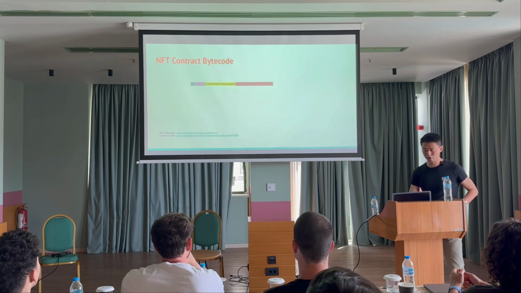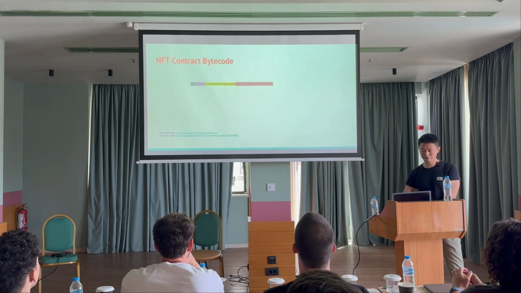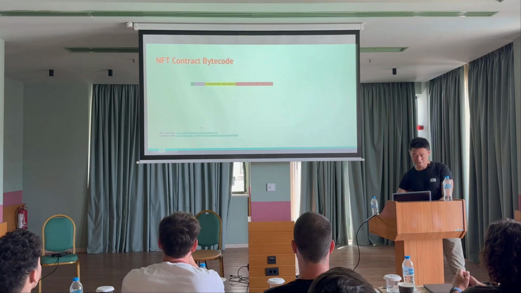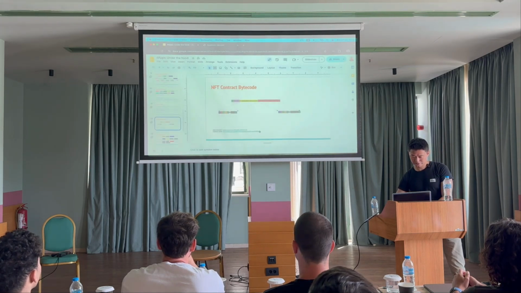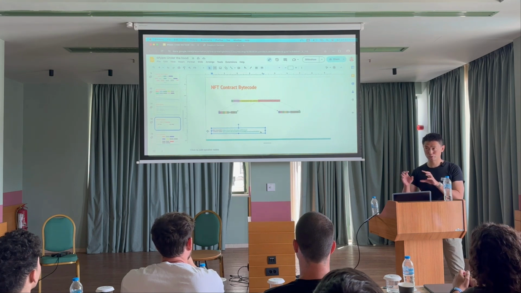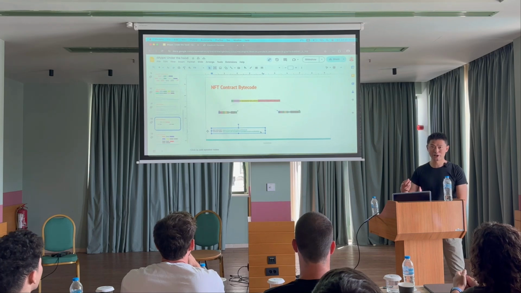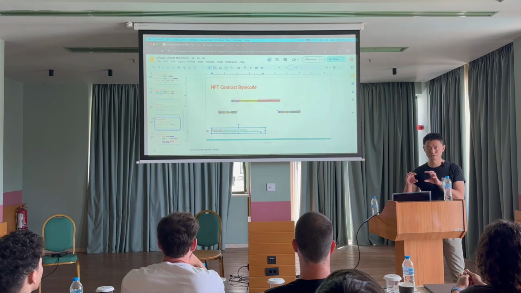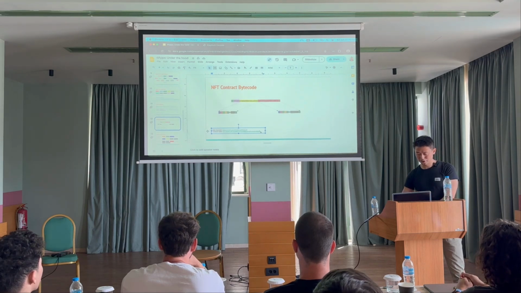So for the contract, if we look at the contract, for example, the awesome NFT contract that we just created, we can take a look at the contract bytecode to understand where we actually put these bytecodes, because we want to invoke the method for the contract, right? And we want to understand how the contract organizes all those methods and where we put all those bytecodes and so on. So here we have an address that we